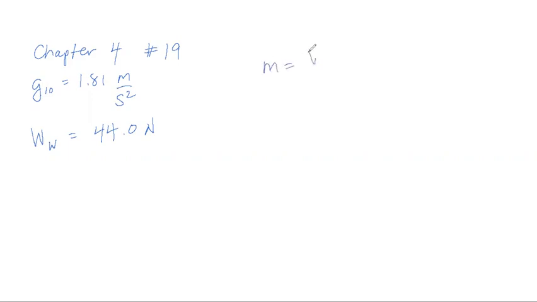All right, the mass on Earth. m equals weight divided by g. So mass is going to be equal to 44.0 newtons divided by 9.8 meters per second squared, and that's going to be 4.49 kilograms. All right, now the mass on Io is going to be exactly the same, but the weight on